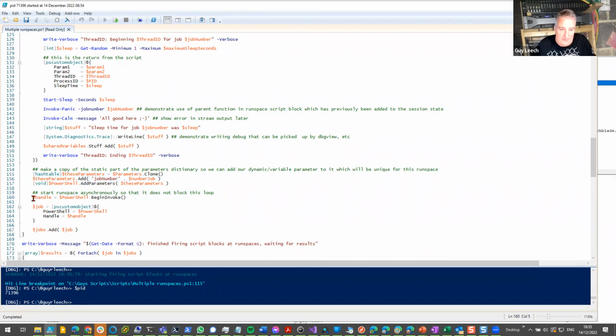This is the key bit. This is where I actually tell it to go off and do something. Begin invoke. There are two invoke calls. There's begin invoke, which is an asynchronous start. So that means it will carry on to the next line, or there is an invoke where it will block, wait for that to finish, which obviously then defeats the whole point of using Runspaces. So if we drop down here,